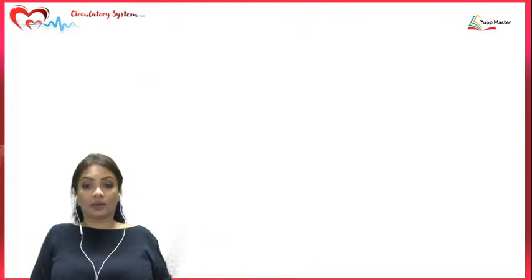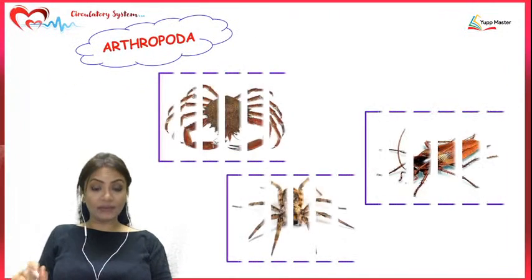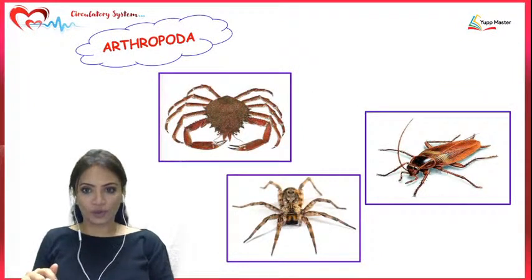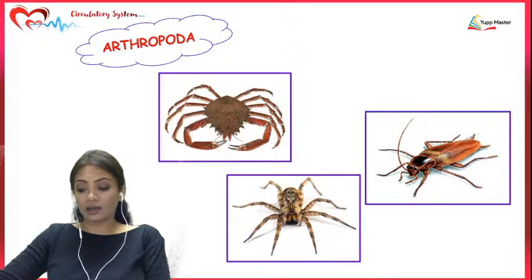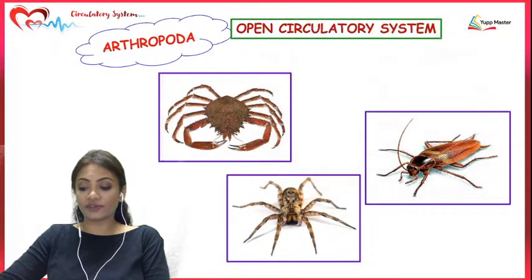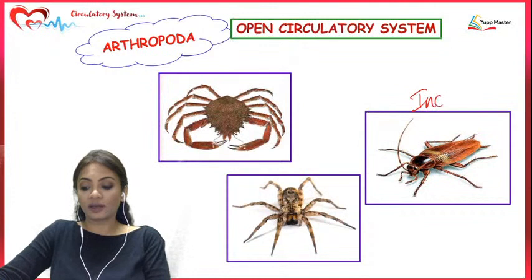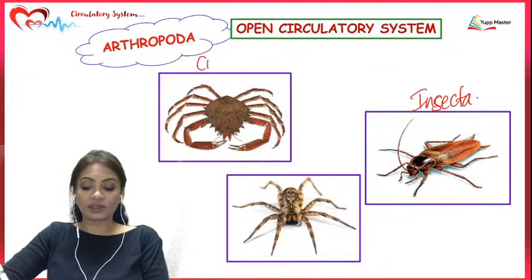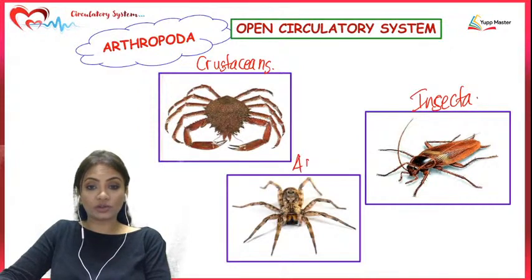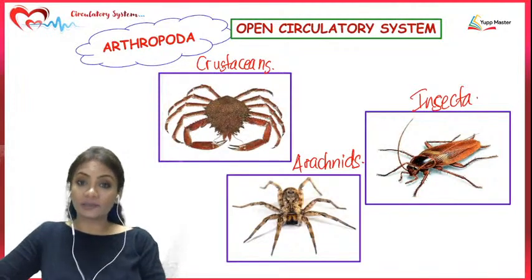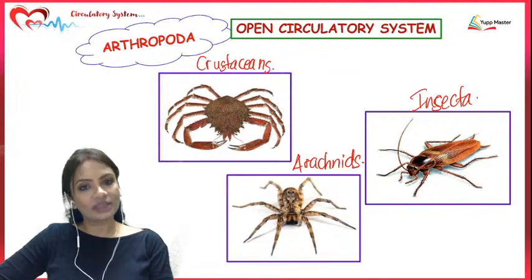Now coming to the next phylum after Annelida, which is the arthropods. Arthropods have so many types of animals in them. There are the first initial types of animals which we can call the insects. These are the insecta. Then you have the other type of animals which are the crustaceans. Then you have the spiders which belong to arachnids. So, these are the different types of classes which are found under the